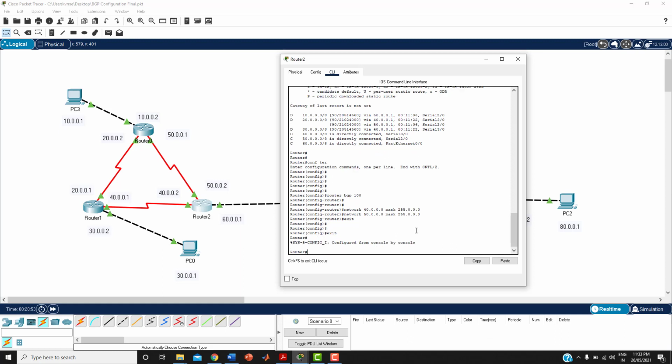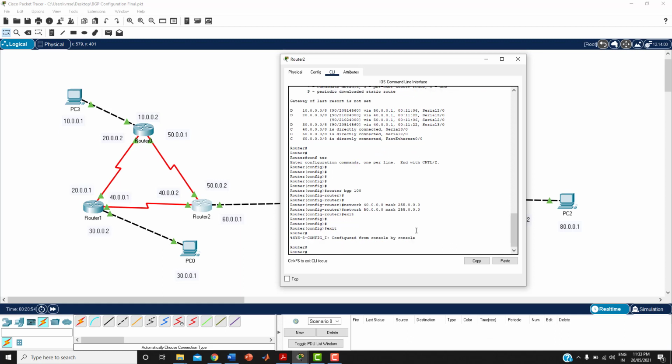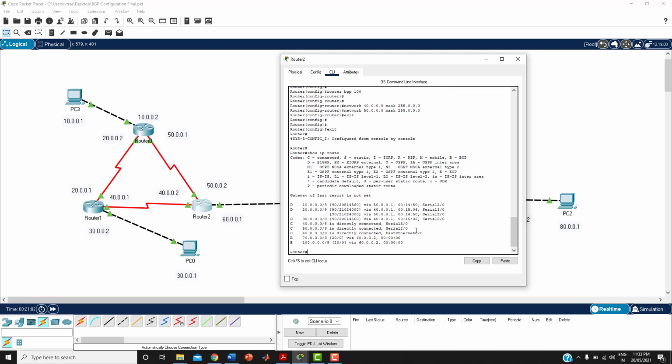Now I'm going to see the routing table, to check whether any changes happened. Show IP route. I'm giving the command to display the routing table. Now you can see here 10, 20, 30, 40, 50, 60. Up to 60 is already available in our own autonomous group.